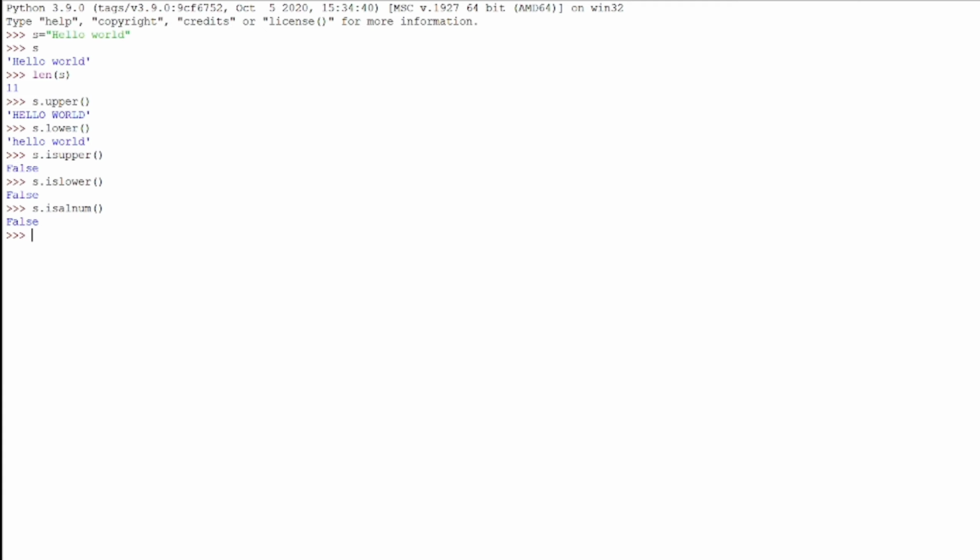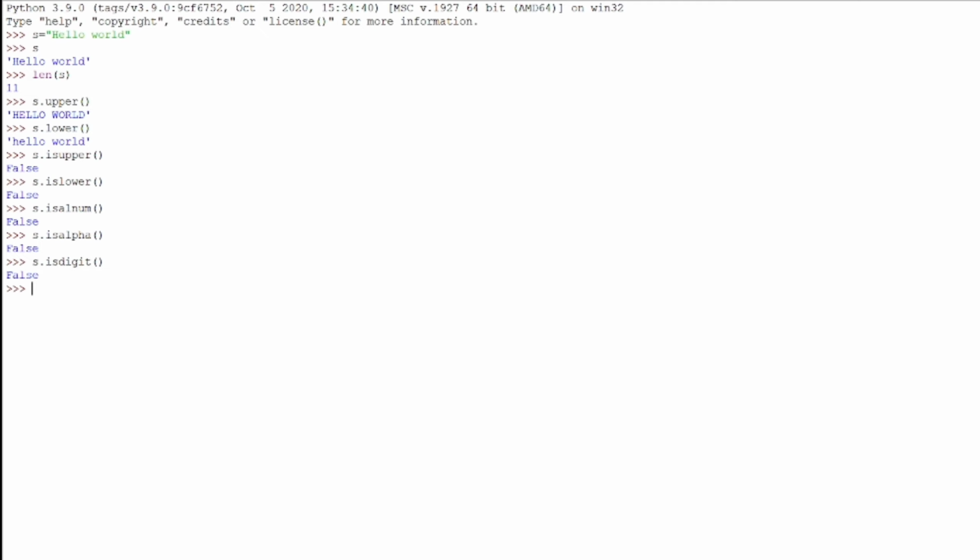And the next one is s dot isalpha, it will return true if all the characters are alphabets, but here it is containing space, so it is giving false. And the next one is s dot isdigit, it will return true if all the characters in a given string are numbers, but it contains alphabets, so it is giving false.